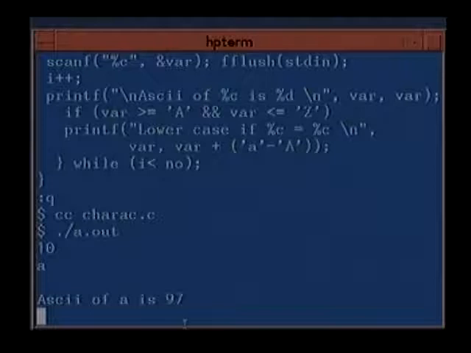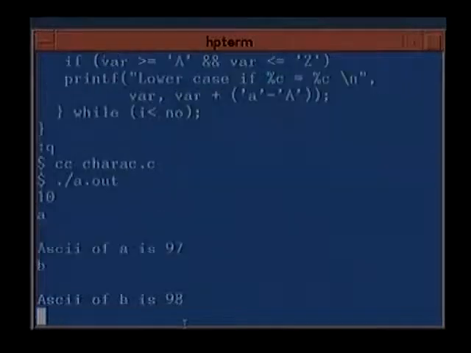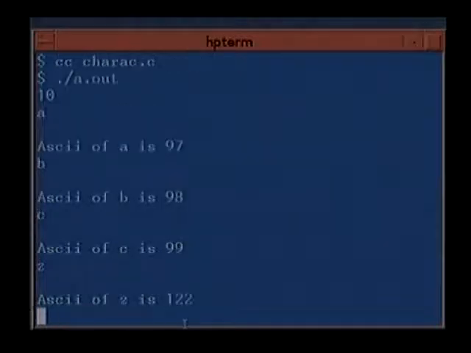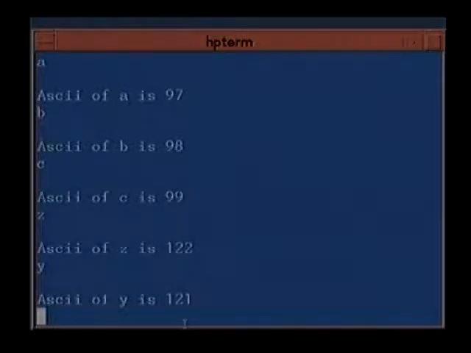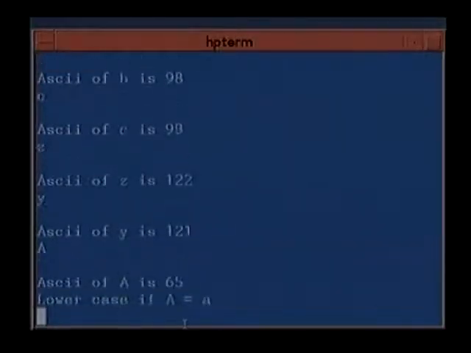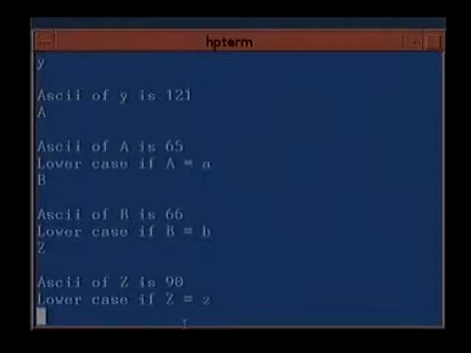A, the ASCII value is 97, B 98, C 99, Z 122, Y 121. So these are the ASCII values. From 97 to 122 are the lowercase characters. For uppercase, A is 65, B is 66, and Z is 90.